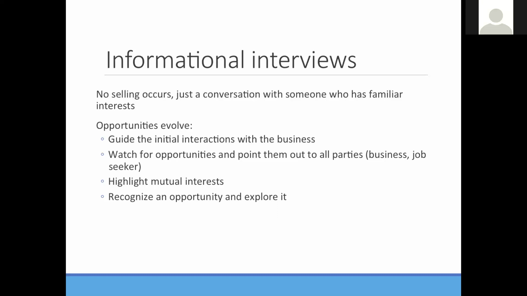We also watch for opportunities, because opportunities may present themselves at informational interviews. And then we also want to highlight the mutual interest for folks. So when we connected the chicken guy with the organic chicken farmer, those two just hit it off, and we got to hang out in the background and just observe, because they kicked it off on their own, which was really, really cool. Doesn't always happen like that, but